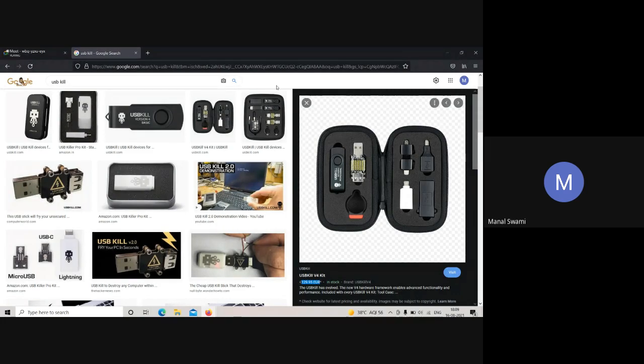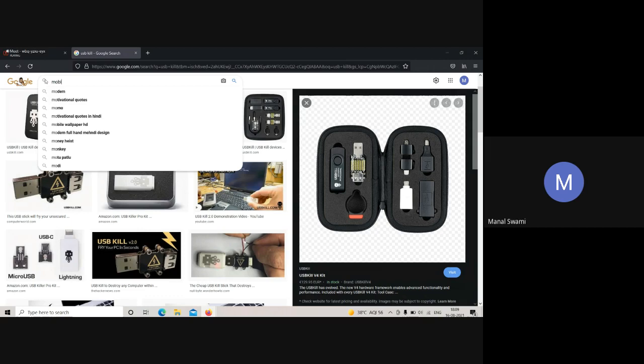Okay, in this way you can explore things and you can search for different projects. Okay, see, all the password cracking softwares or the password cracking pen drives, these are used by the law enforcement agencies as well. Okay, when I was working with Gurugram Police, I was shown a mobile forensics kit. Okay, I don't know if it is over here or not. I'll show it.